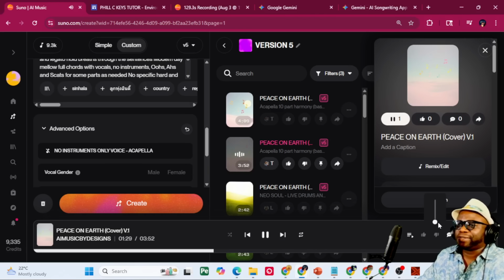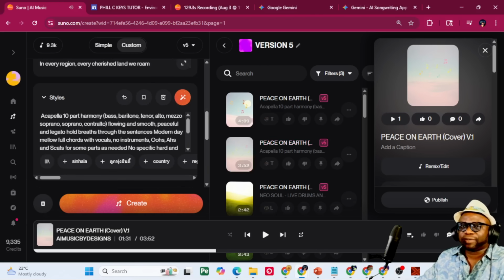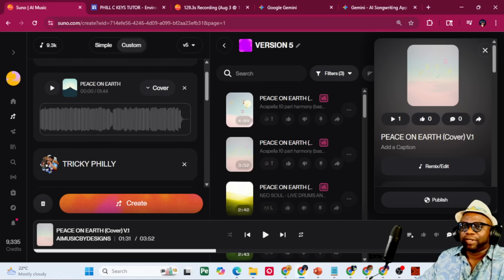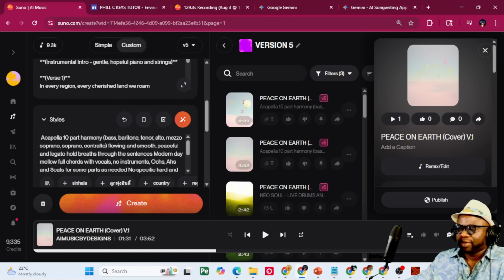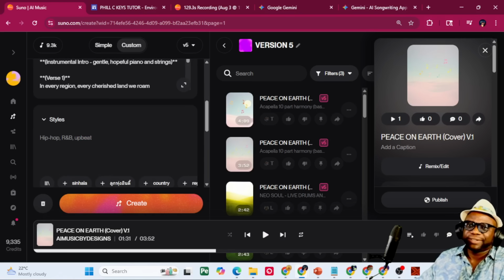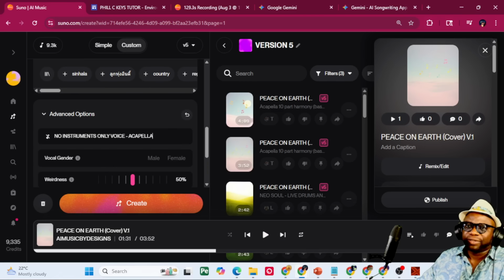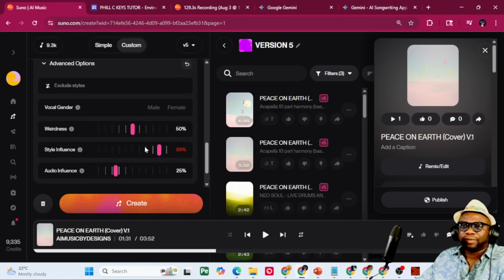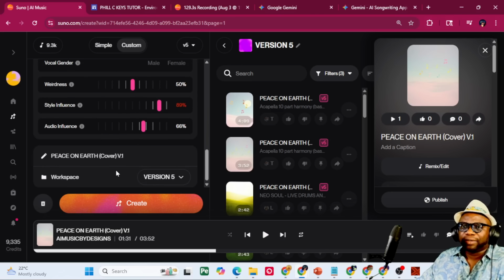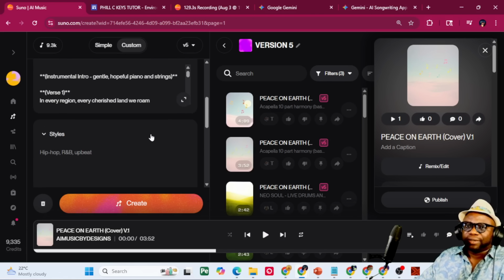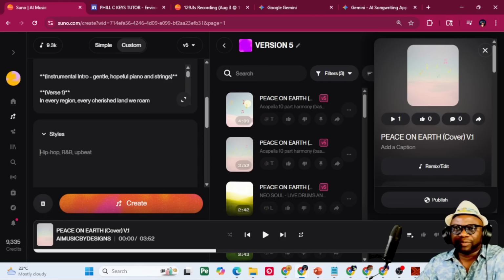All right, my friends, the final bit of secret sauce that I'm going to show you here is what happens when you do an improvised style. So I'm going to crank this a little bit up, and this is going to be Peace on Earth Jazz. And for the style, I'm going to go with